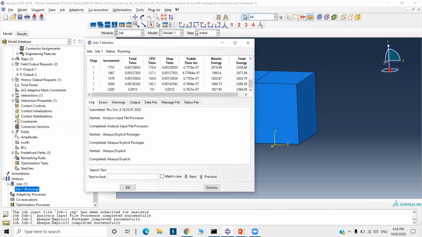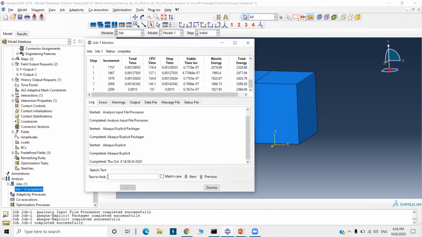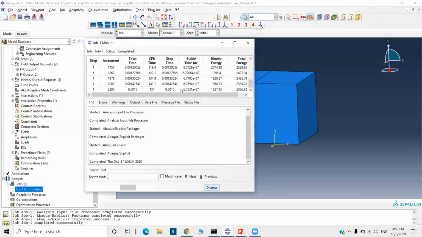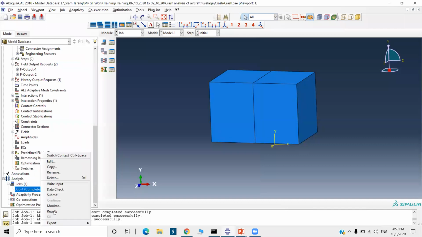Okay, there's one question. Why did you consider two shells? Can the analysis be done only on a single outer one? Yeah, it is also possible. See, you can take one or two. This is for demonstration I have taken. You can even take the actual model also. So see, analysis is completed now. We will check the results.